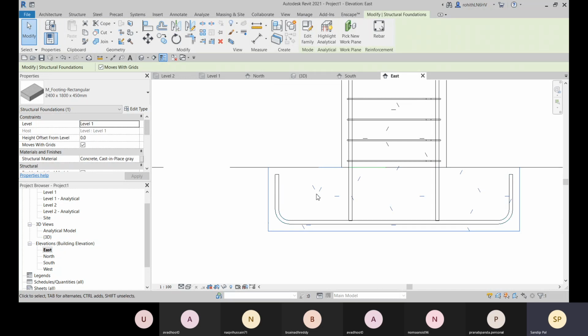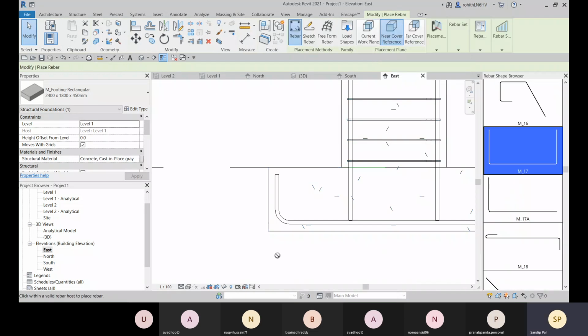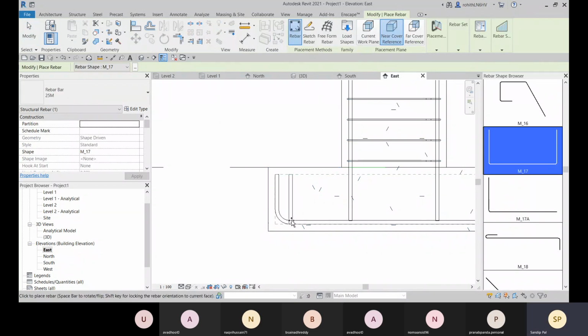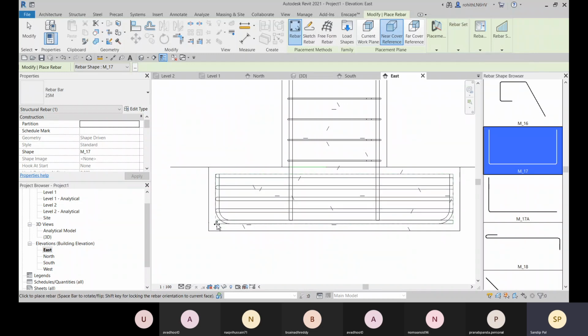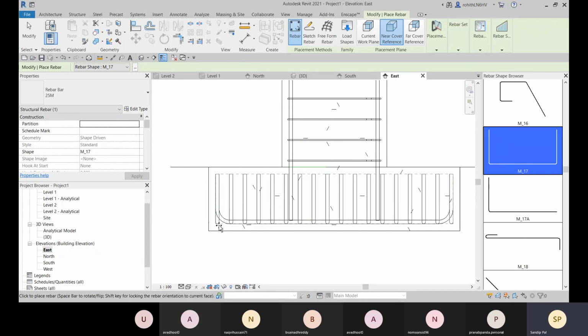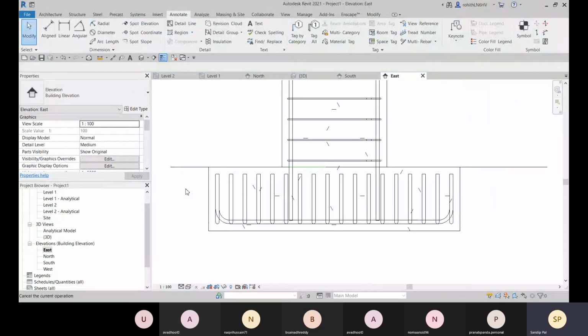And also I need to place some rebars to this side also. Let me go to this rebar option, and I will select this one. And here I will go to this rebar. So all the options are same. So I just have to select this layout, maximum spacing. So let's go with this 100. Okay, so let me place it here. All right. And after that, I have to move it also.